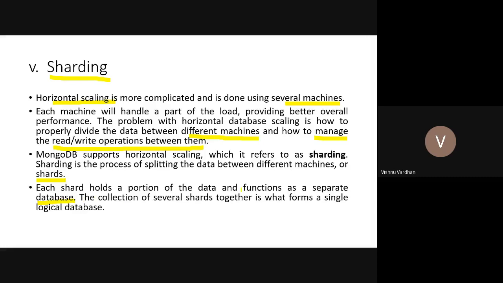Okay, so each partition works like a separate database, and all these separate databases come together to form a single logical database. So sharding is a very good feature in MongoDB. Thereby we also get the scalability of MongoDB. So these are the key features of MongoDB.